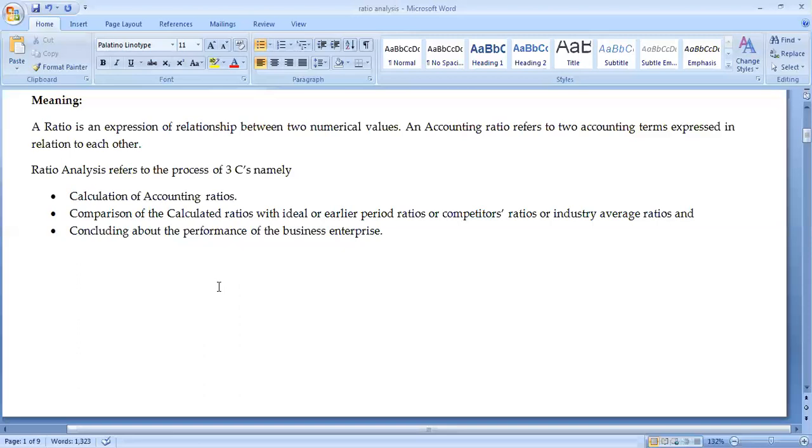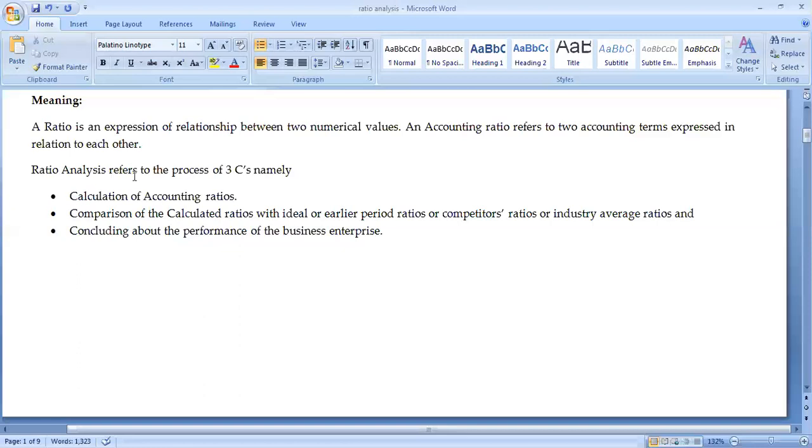So ratio analysis is simply nothing but identifying the company's ability to pay its debts. That will be analyzed with the help of the ratios. Finding out the ratio, identifying and rectifying the errors, then analyzing the situations and giving the result, interpreting the results, will be involved in ratio analysis.